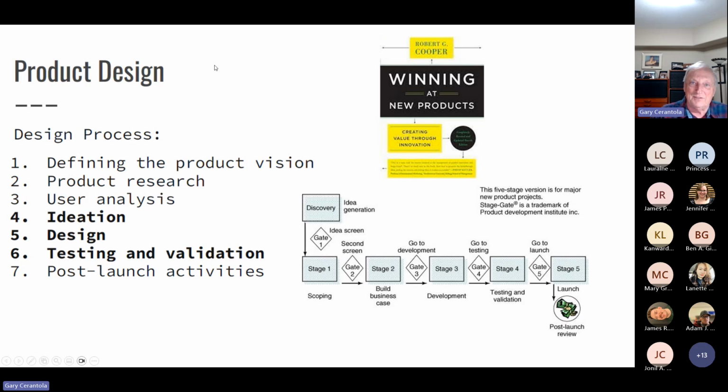This is a great book if you're interested, but you can see that it's all those pieces that we talked about: defining the product vision, doing the research, doing the user analysis. He had some great anecdotal information on how, in some cases where he worked certain products, he worked with the user, how to set that up, create that offering, and then design it and test it, using a series of gates,